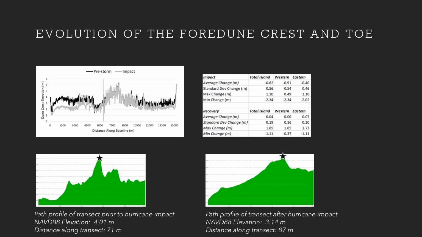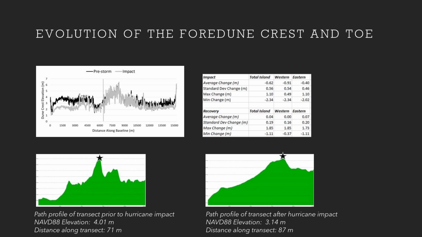These are some of the results from that analysis. So you can see up in the top left, that just shows us the dune crest elevation along the entirety of the island for the pre-storm elevation model versus the impact. So it allows us to see, especially on the western segments of the island and then the far eastern, how much that elevation was impacted by Hurricane Michael,